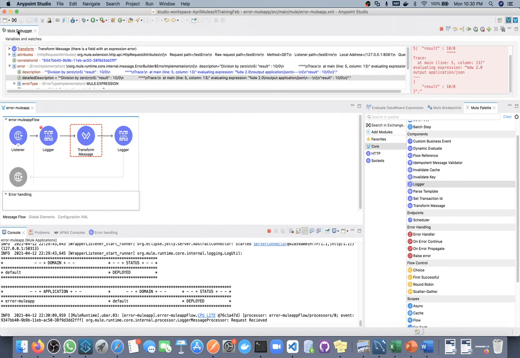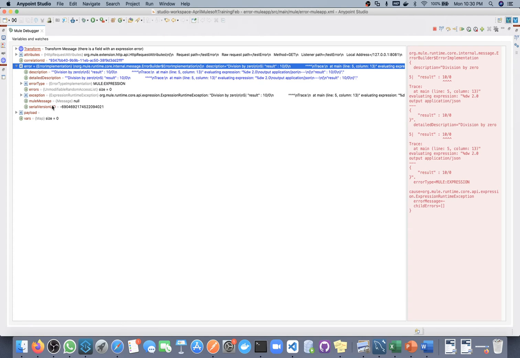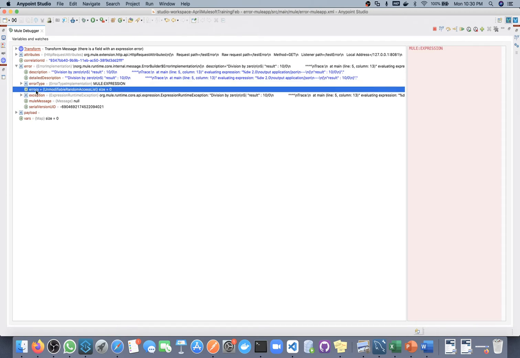First let me extend this and explain this part. Whenever there is an error, one error object will be created. Inside the error object you will get the description, detailed description, error type, and errors. You will get all these details.